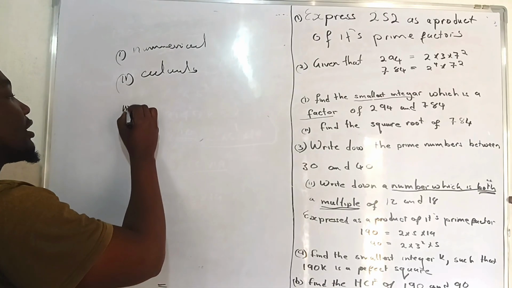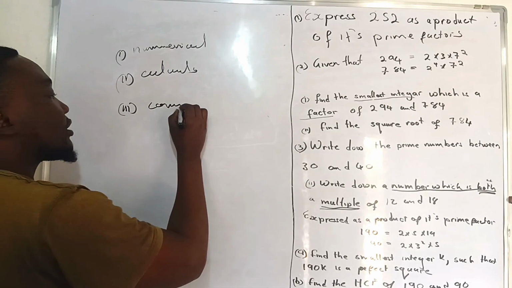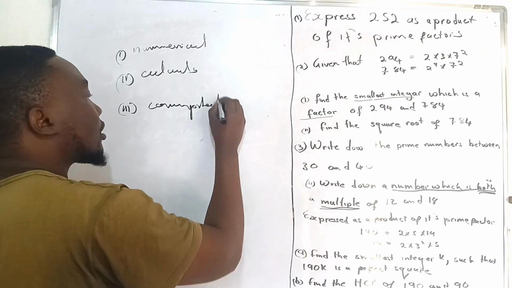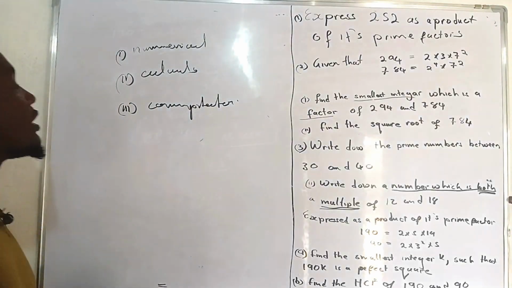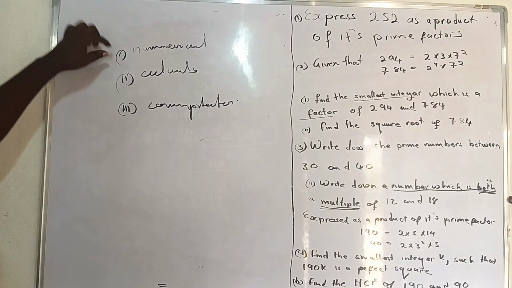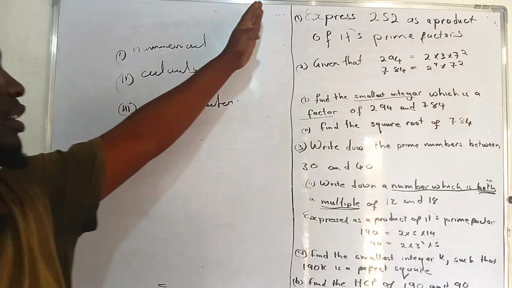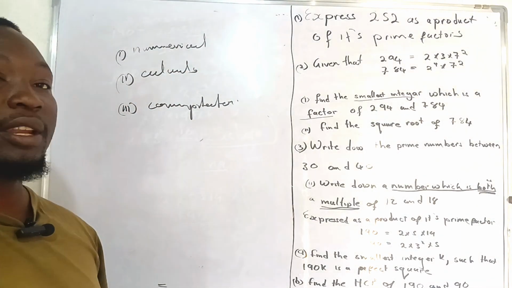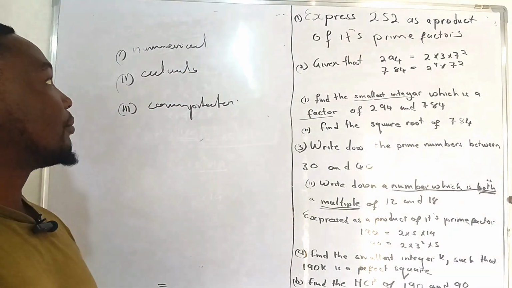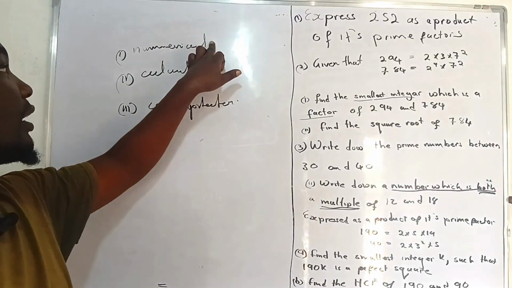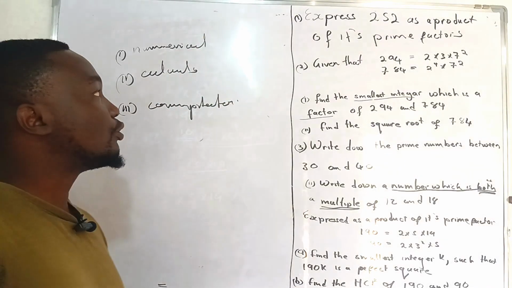In the third section, it's going to be computations. So we are still on the first section, numericals. We'll cover the next topic on numericals, and then when we're finished in numericals,